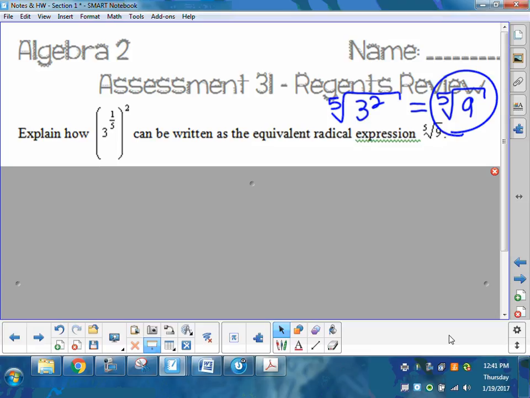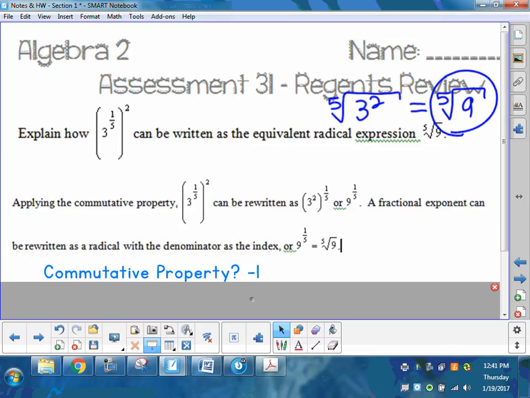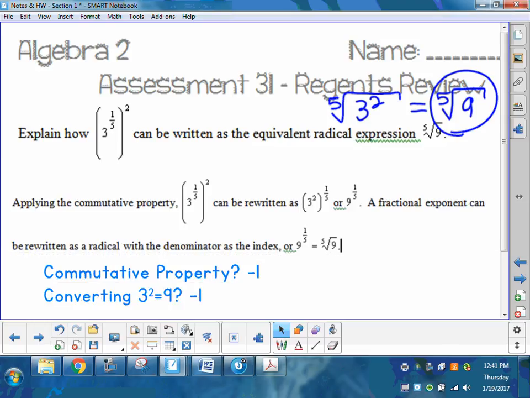Here's what the state's rubric says. Now understand there's a thing called local latitude, which means you can grade it. As long as the math is appropriate, you're good. The state wants you to see this, and I thought we even talked about it last time we had class. Can those exponents switch positions, yes or no? Because when you have a power to a power, what operation's getting done? Multiplication. What do you know about multiplication? It is commutative. So does the order matter with multiplication? No. So they said take it as 3 squared to the 1/5 or 9 to the 1/5 and then write